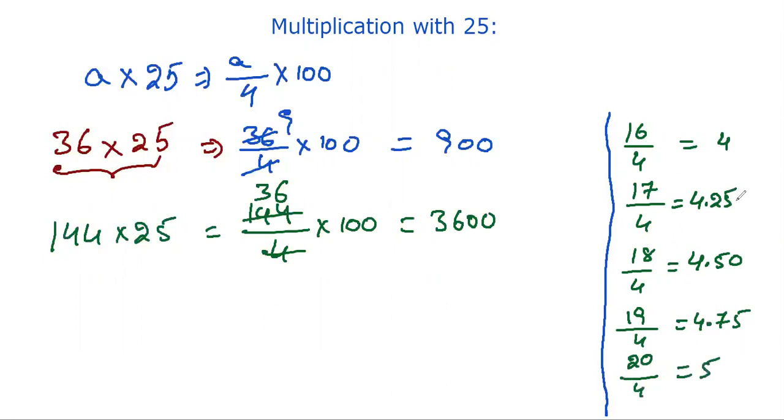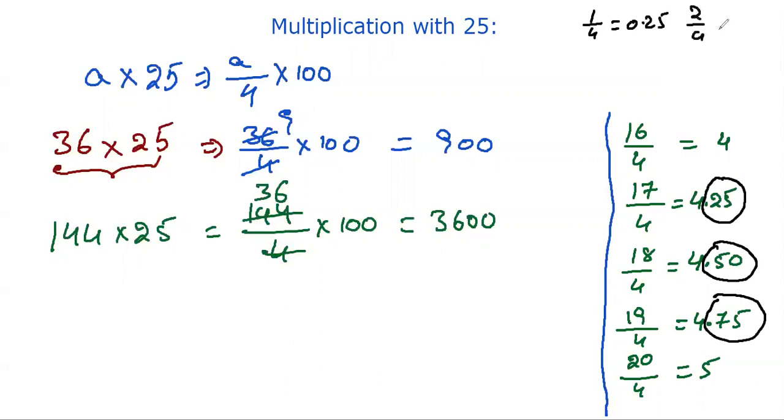So reminders. What are the reminders here? Reminder is 1, that's why you are getting 0.25. If reminder is 2, 0.50. If reminder is 3, 0.75. That is 1 by 4, 0.25. 2 by 4, 0.50 you have to write. If it is 3 by 4, what you have to write? 0.75. That's it. 4 by 4 in the sense you will get exact number.